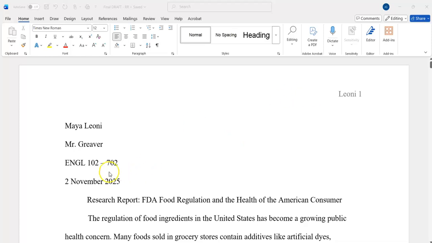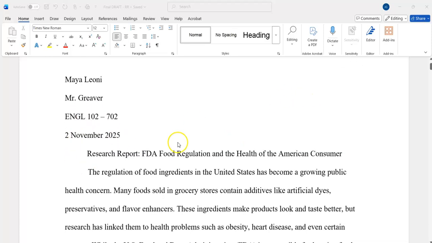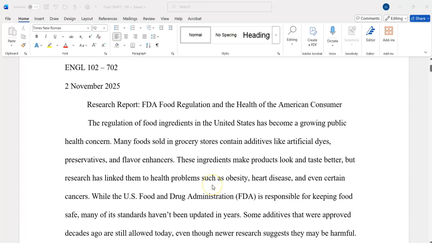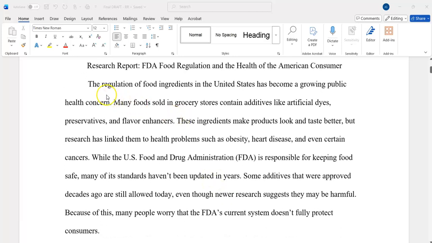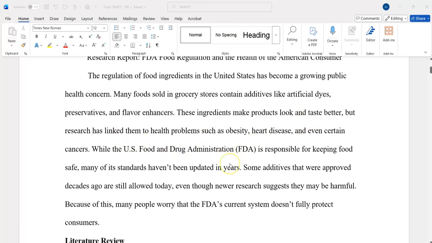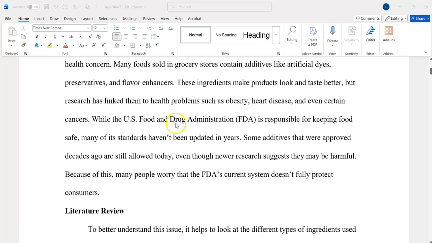Your page numbering is up there. We're supposed to have a heading and everything, title, all that looks great. So let's get right into the introduction here. The regulation of food ingredients. Okay, so